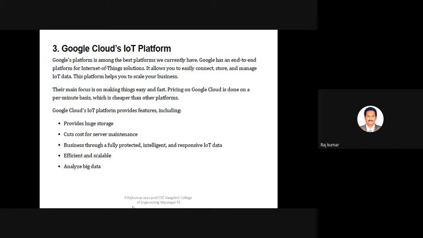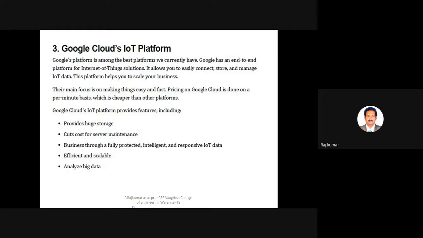And as you all know, Google provides a very secure system, and you can easily connect to the Google Cloud IoT platform and perform your operations. It is very efficient as well as scalable.